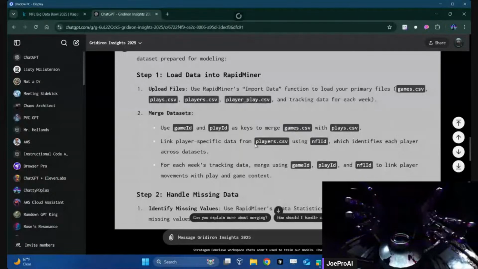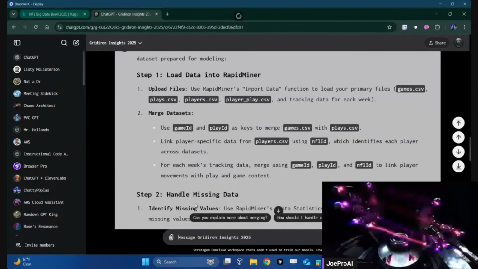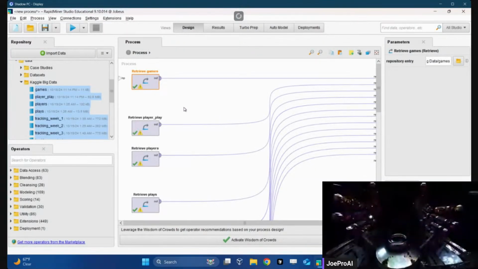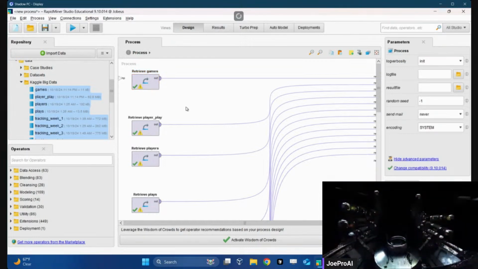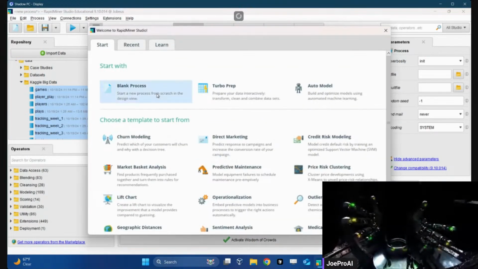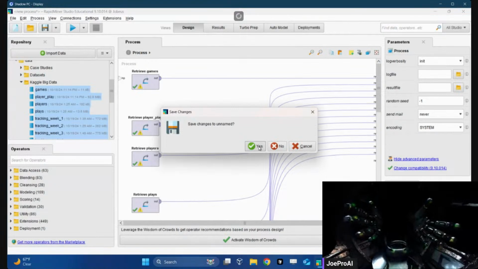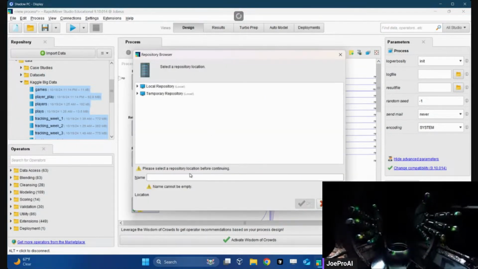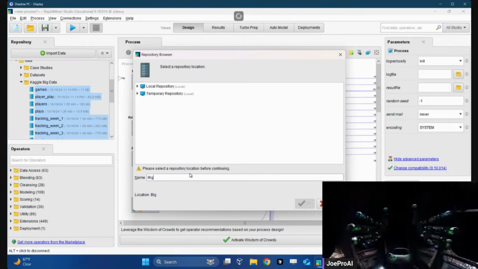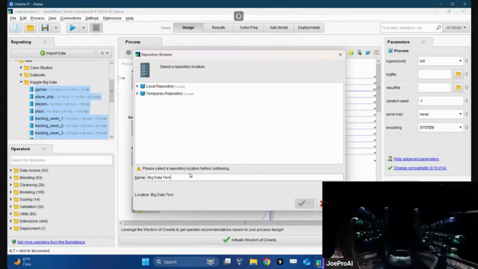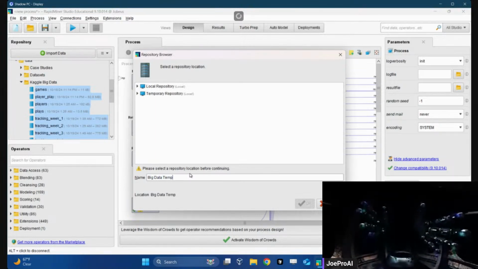Okay, let's load these four and just do a simple set here. Let's just go this way.